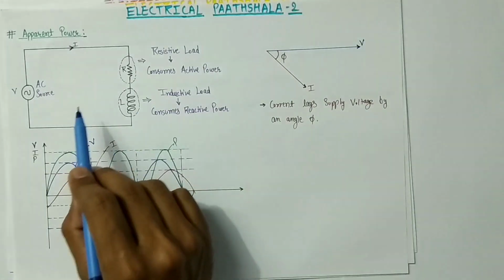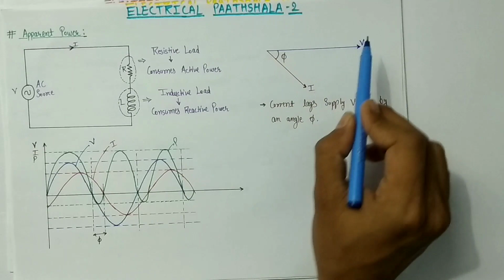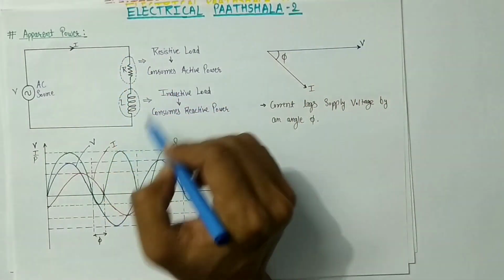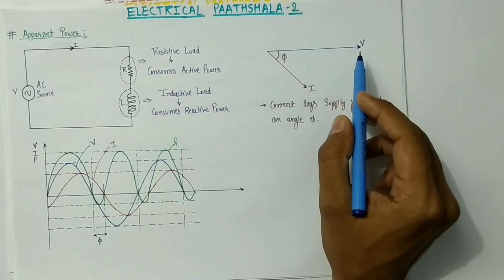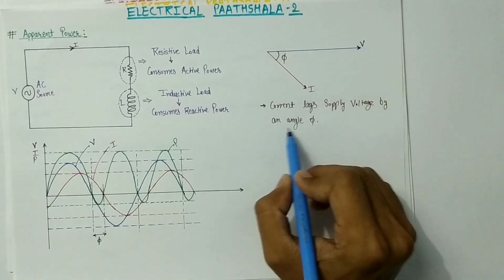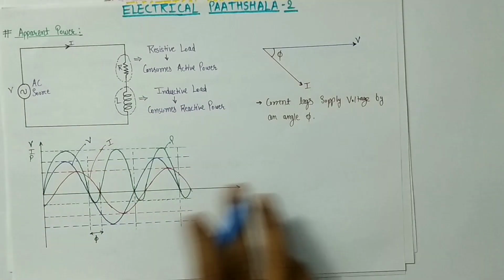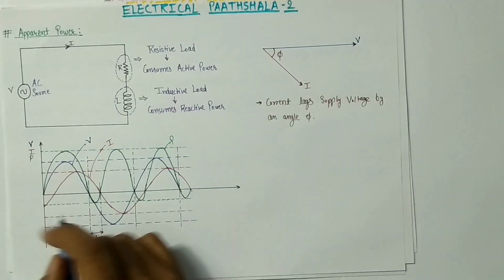Now this is the phasor diagram of this circuit. You know that in the case of inductive load, the current lags the voltage exactly by 90 degree, but as this load is the mixture of resistive plus inductive load, therefore current will lag the voltage not by 90 degree but by some angle phi. So current lags the supply voltage by angle phi, and this is the waveform for this circuit. Now in this waveform again we will measure instantaneous power at various instants. You know how to measure that.